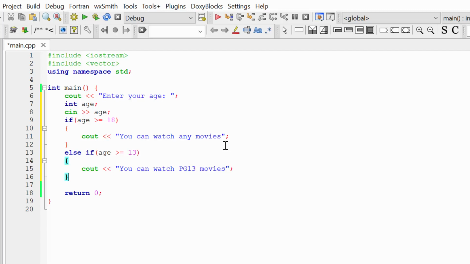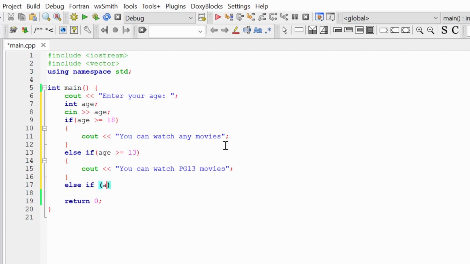Okay, so now I have solutions for the users older than 18, older than 13, and I have two more categories left. It's users from 13 to 7 and younger than 7.